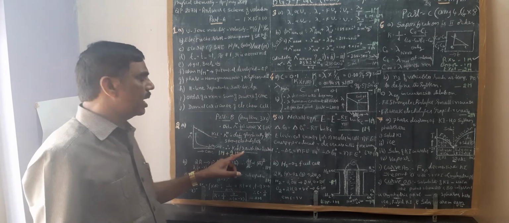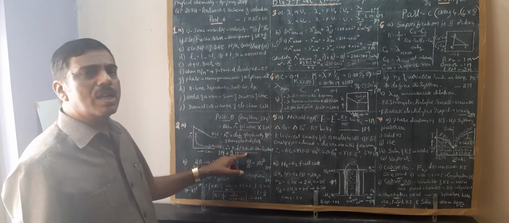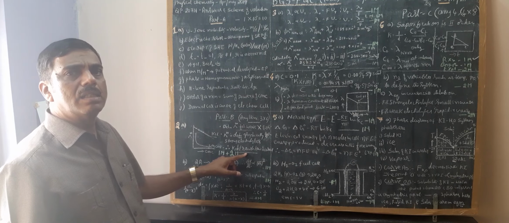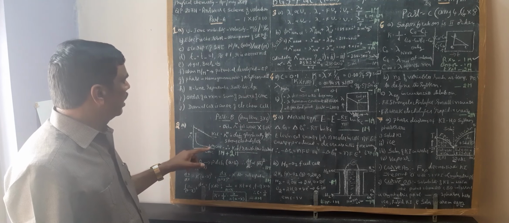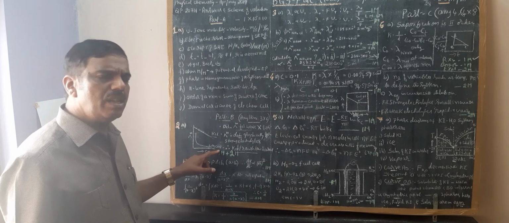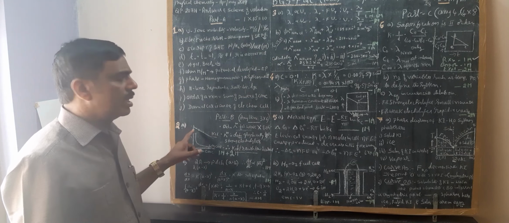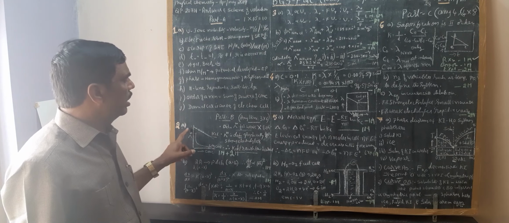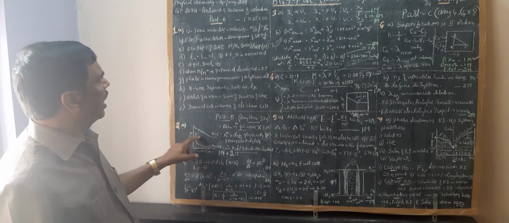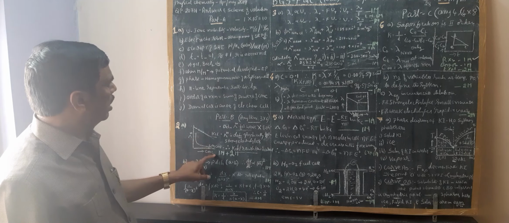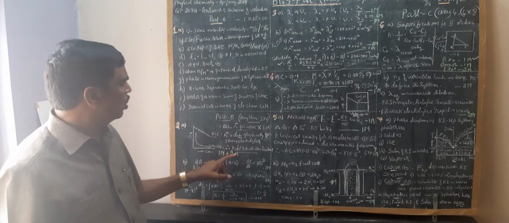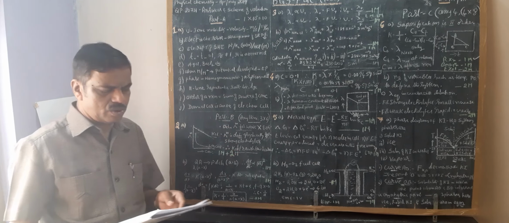So you apply Kohlrausch law. If you apply Kohlrausch law, you can take the conductivities of anion and cation for any weak electrolyte, and if you add, you'll get conductivity at infinite dilution. So that is the answer. Therefore, if you draw the graph, 1 mark, and explanation 2 marks. 3 marks for this question 2A.